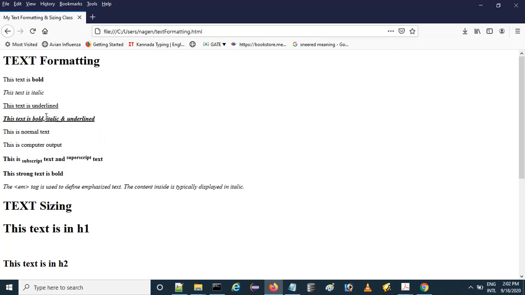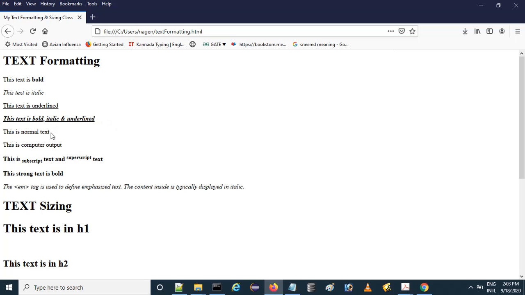And can you use all of them? Yes, in one thing you can make it bold, you can make it italic, as well as underline the text. So look at this text: it is bold also, it is italic also, it is underlined also, and a mixture of that can be made. For example, italic and underline, bold and italic, underline and bold. So anything can be done.